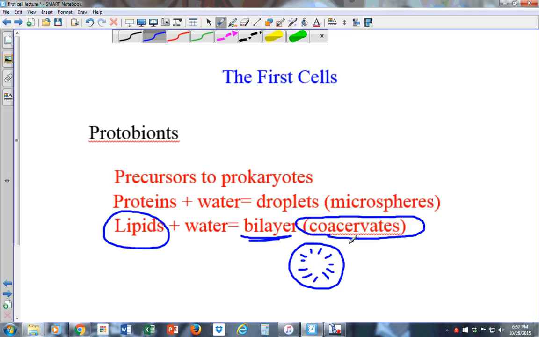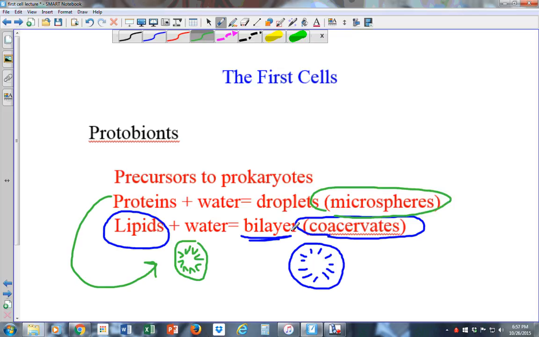We also find it interesting that proteins can do the same thing. If you have proteins and you throw them into water, they will also come together, because a lot of proteins are hydrophobic. They don't like water, just the way fats don't like water, and they will also form primitive cells, and those primitive cells are called microspheres. Together, this is the answer they usually ask for on the test, primitive cells, basically just membranes, are called